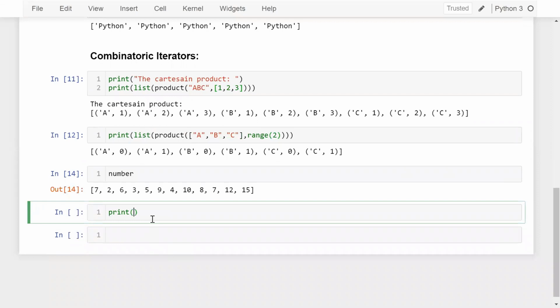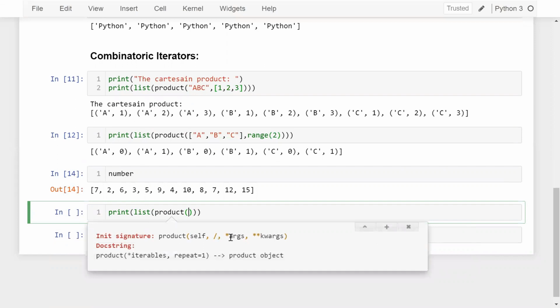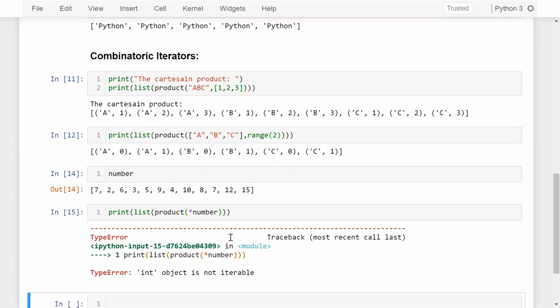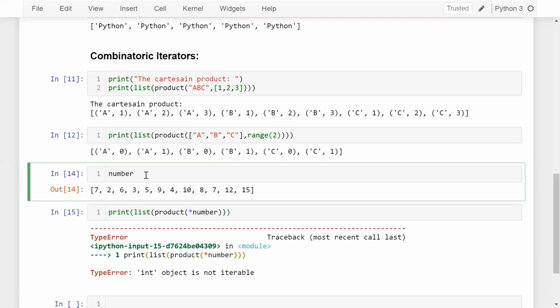Okay, and let's say if I am using here number, sorry, it's number. And now if I'm using here print list product, this one, now I am using my args, which is this one, and here I'm going to pass my number. Okay, so you can see product. Okay. So guys, in the list we have only the numbers. So let me change the number. Let's say number equal to what I want. I'm going to have, let's say 7, 8, 9, and here I'm going to define 4, 5, 6. Okay, now let me execute this.